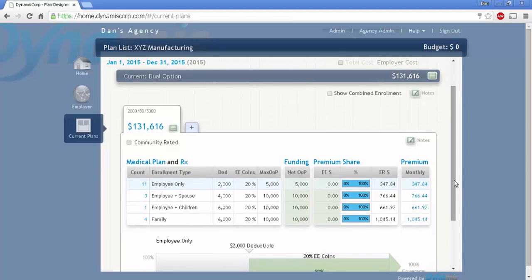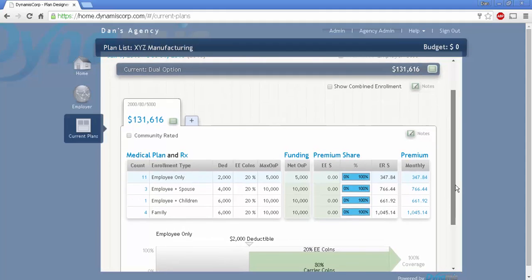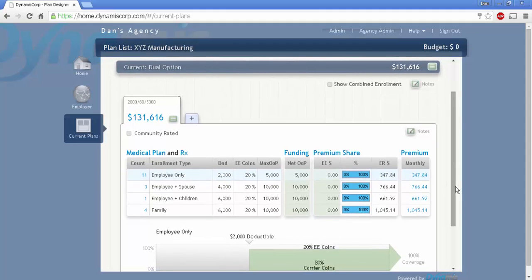So now that we've got our first plan design entered in, let's take a moment to get used to how plan designs look and feel in Dynamis. As we go through training and go through the implementation, we'll talk about the idea of process change, where this is more than just learning how to use a software tool, as it really touches us in our day-to-day interactions